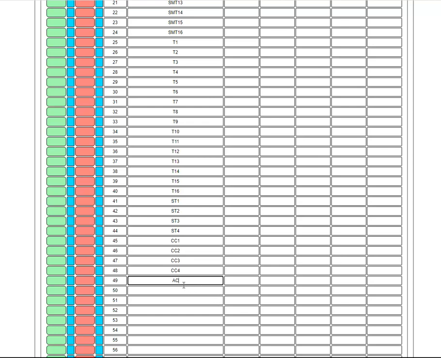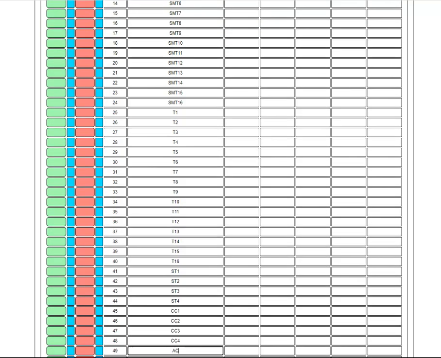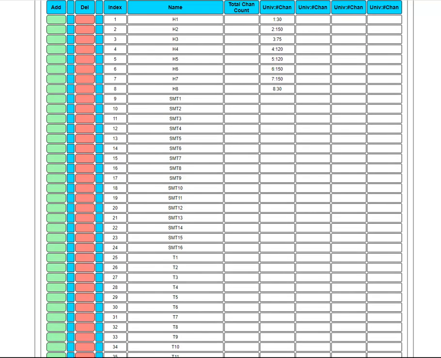Because remember, we're dealing with pixels here. That's a 16-channel AC long-range receiver, but we're working with pixels. So that should now define all of the strings that are required to be connected to our show. Now we come up here to the megatree,